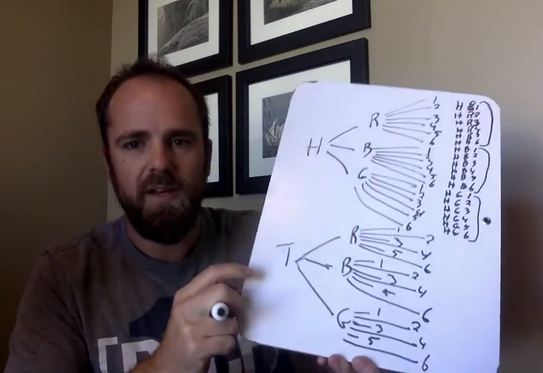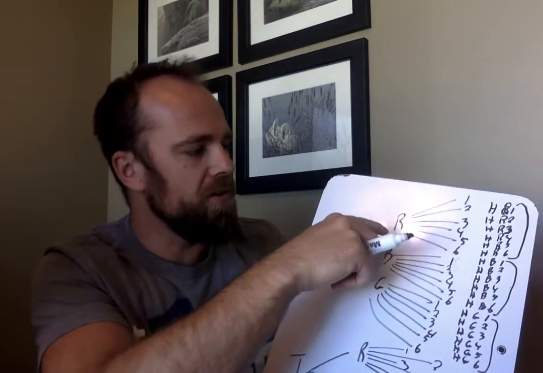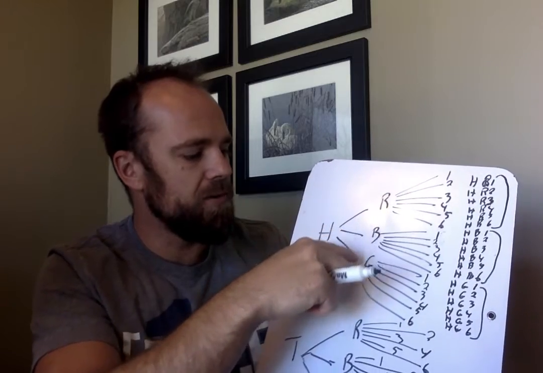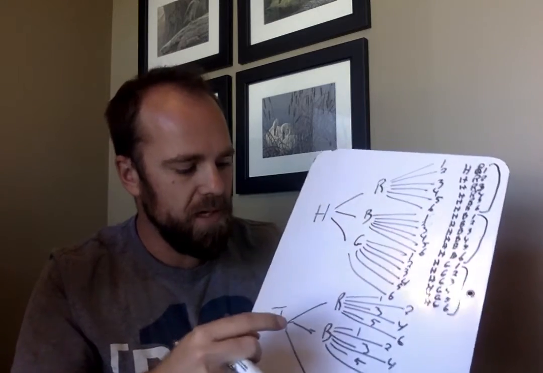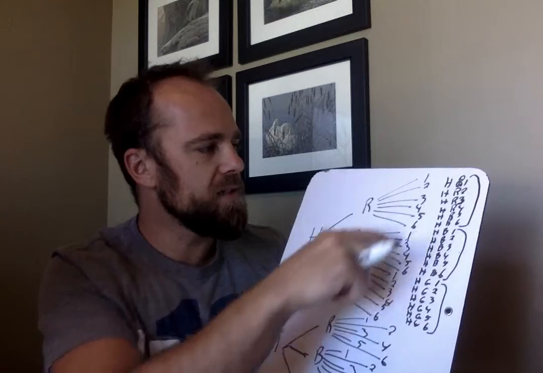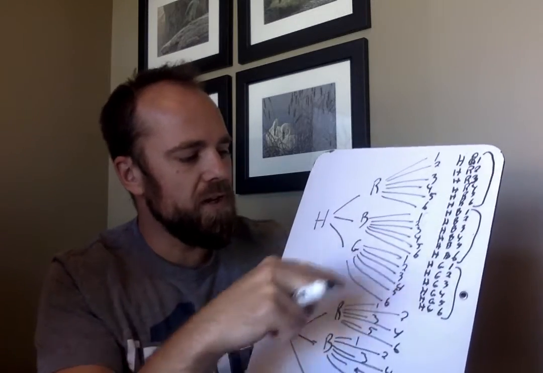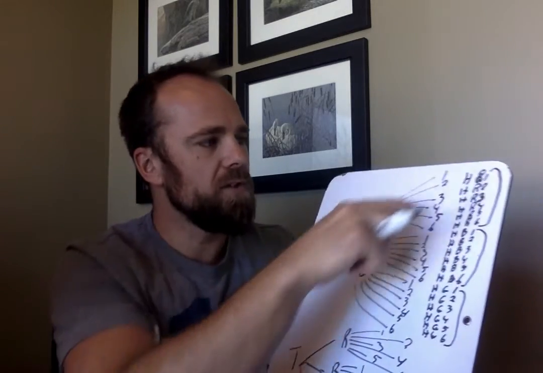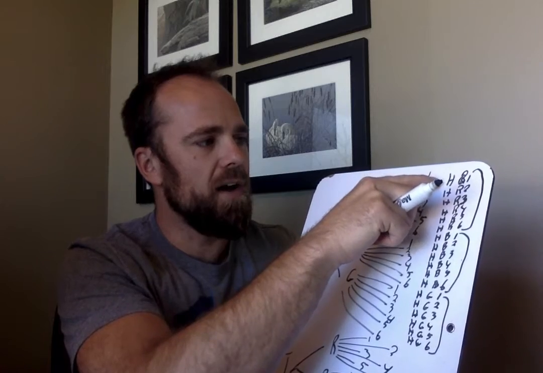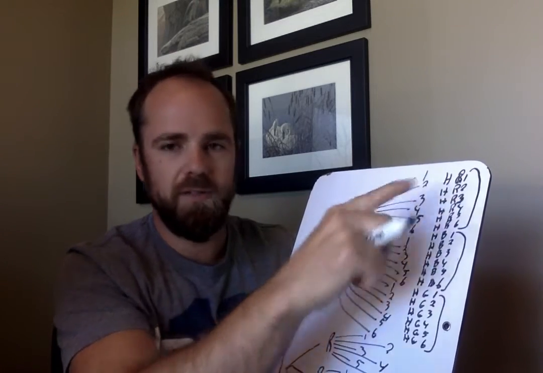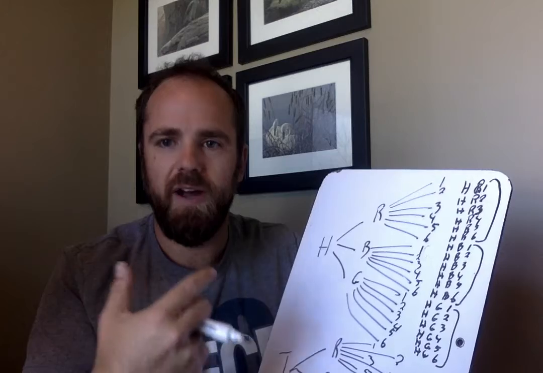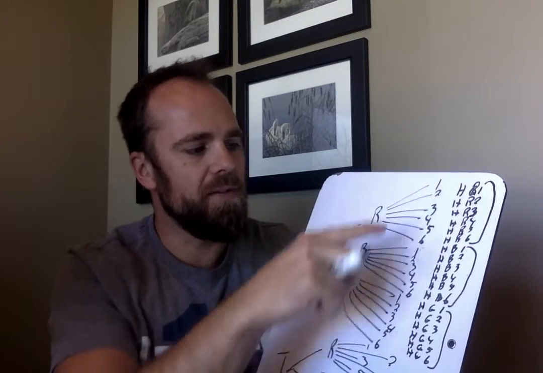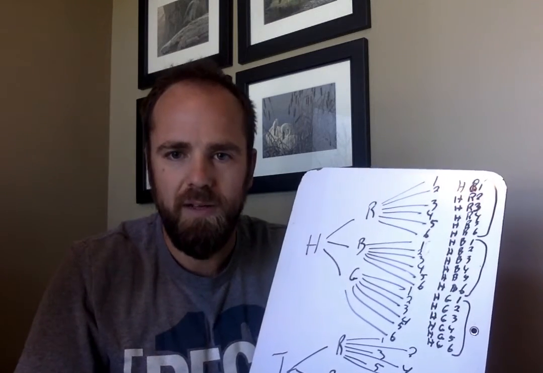So we have heads, then we have tails. And then from there, you can either spin red, blue, or green. And we have red, blue, or green. And then from there, when you roll your dice, you could get 1 through 6 for each of them. So I actually went down and wrote down: you could get heads red 1, heads red 2, heads red 3, heads red 4, heads red 5, heads red 6. And then the same thing with heads blue and heads green, all the way 1 through